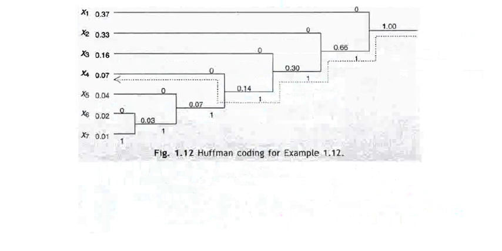And again out of these two, the greater one is 0.16, the greater one is assigned with binary 0 and least one is assigned with binary 1. And now again the same order, 0.3 and 0.33 both will be combined and the new probability is 0.66, and the greater one is again assigned with 0 and the least one is again assigned with 1. And at last, 0.66 and 0.37 will be combined and the combined probability will write here.